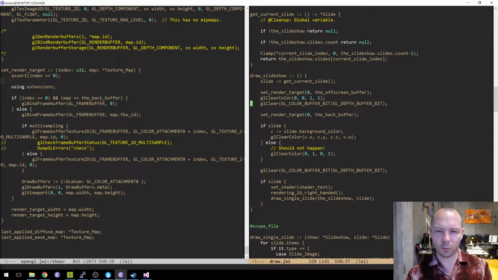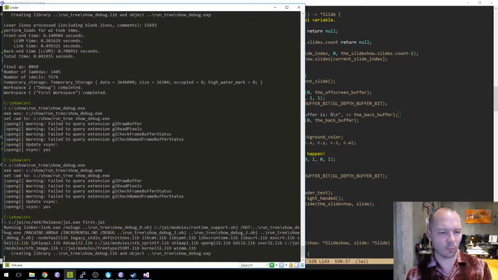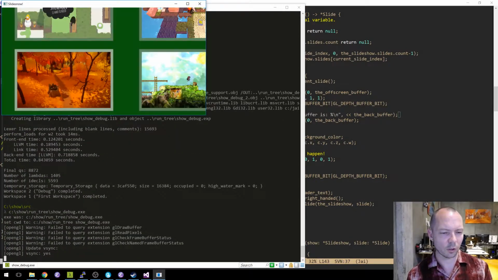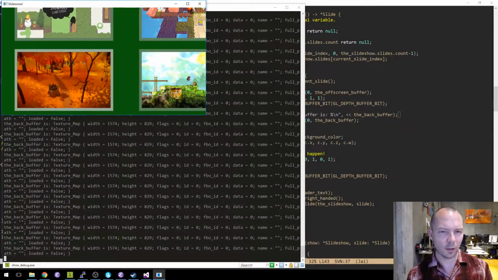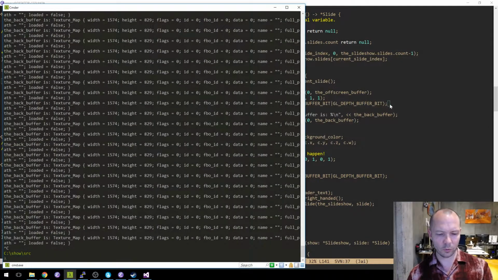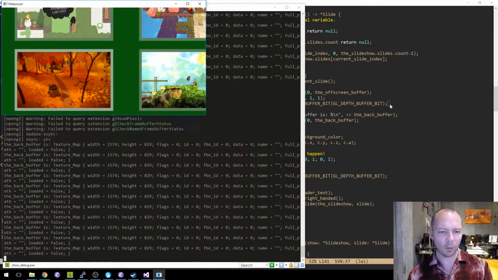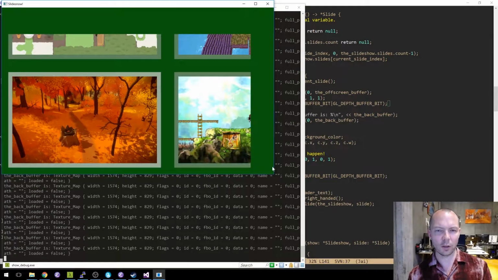Just for my own information, I'm going to print the back buffer dimensions. This will tell me the dimensions of the back buffer. So 1574 by 829. So if we're rendering at 1920, then that would be what we would expect, because we're seeing a 1500 cut out of a 1920 image, right?